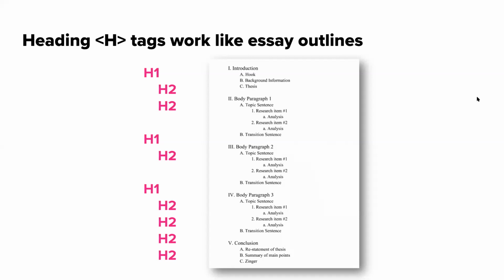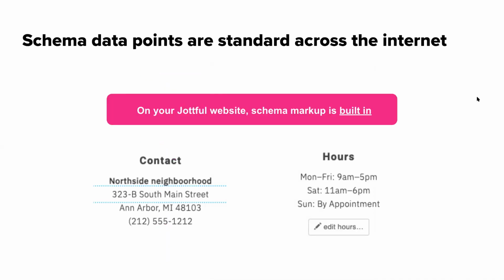So H1 and H2 tags are just consistent across the board on your website so that search engines, when they look at the page, know how to read it and know what's most important. You want to put important keywords in, for example, the H1 tags, and then maybe next level down, H2 tags. And I'll talk about that when I talk a little bit more about how you want to use keywords on your site. Next,